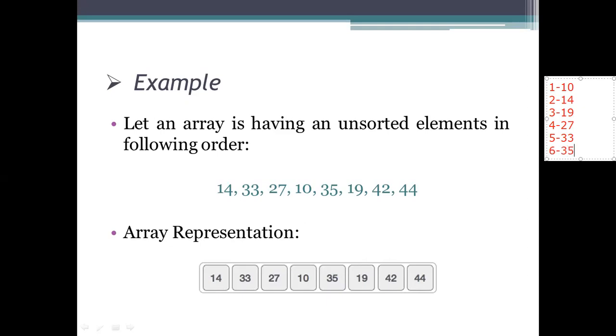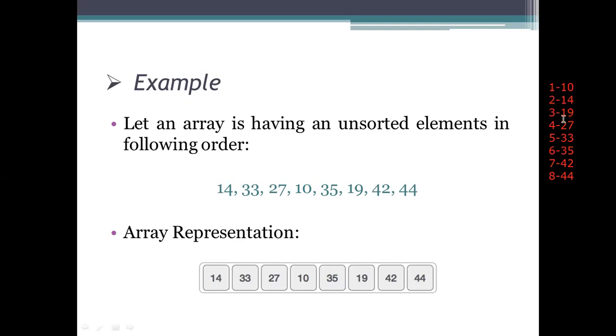Sixth element is 35. Seventh element is 42. Eighth element is 44. I hope it is in the order. The positions means the elements we are having here are the positions. What I wrote here, prior to that one, the element values should be in this position. Means the value you are sorting, the position of that one is the correct one.